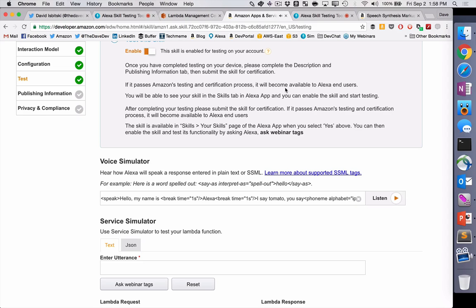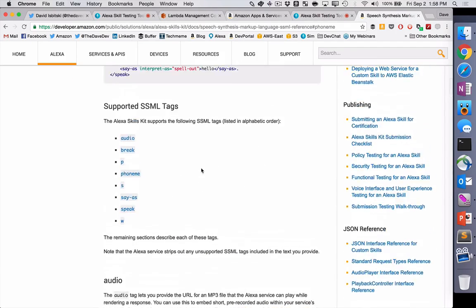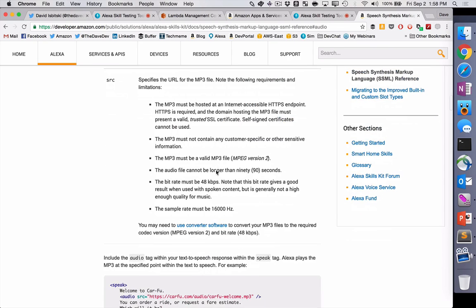All right, so another area with SSML tags I get a question on is the audio. So let's go ahead to the documentation here, and we're going to click on audio. Now, there's a couple things. This is usually what everyone misses, and I wish it was bolded in the documentation. So the first thing is everyone figures out it's got to be an MP3 file, and